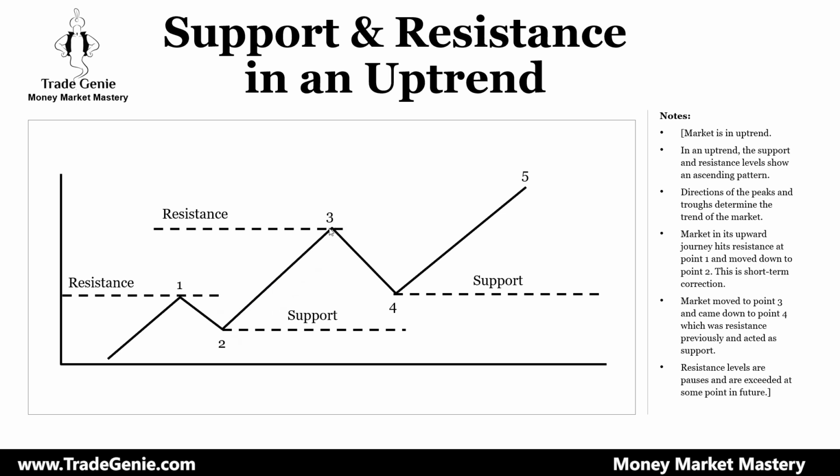So what you can do, most of the time, is multiply. This move occurred from here to here. You can measure it from here to here, and most of the time the same distance will occur again. So if this was a 10 or 12-point move, when the market breaks from this level, another 10 to 12-point move is going to happen.